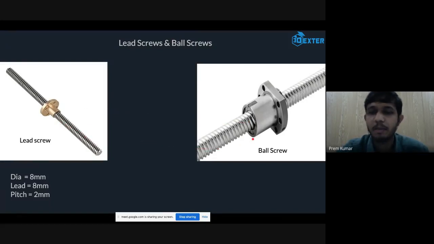So if you are making bigger build volume printers, we should be using a ball screw, like the one that we use in 400 and 500 machines. And if you compare cost-wise, these are cheaper, and these are too expensive. Ball screws are also available in different diameters, 12 mm, 16 mm, 20 mm. Whenever you buy a ball screw, you have to tell the seller exactly how much length of thread you need and how much length of the shaft portion you need to connect it to the motor.